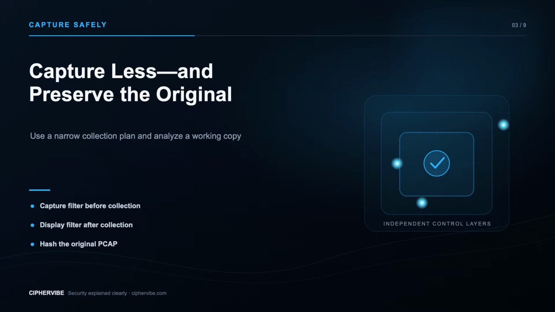For incident work, preserve the original capture read-only, calculate a cryptographic hash, record who collected it and when, and analyze a working copy. Store captures securely and retain them only as long as policy requires. Do not run unrestricted captures on shared, workplace, hotel, or public networks without authorization. Promiscuous mode does not magically reveal every packet on a switched network, and visibility depends on interface placement, switching, virtualization, encryption, and sensor configuration. Our demo starts with a sanitized working copy named